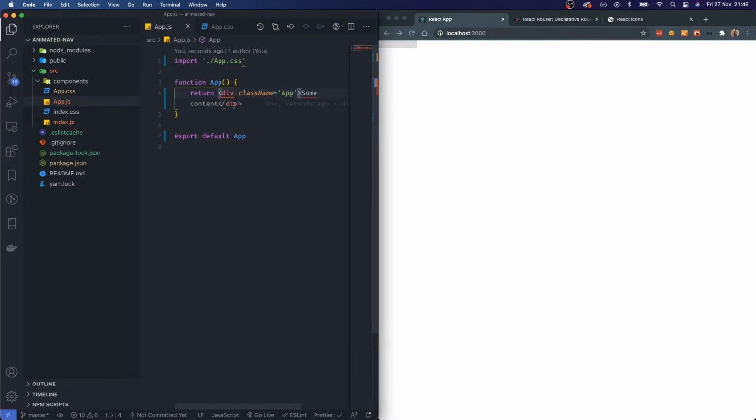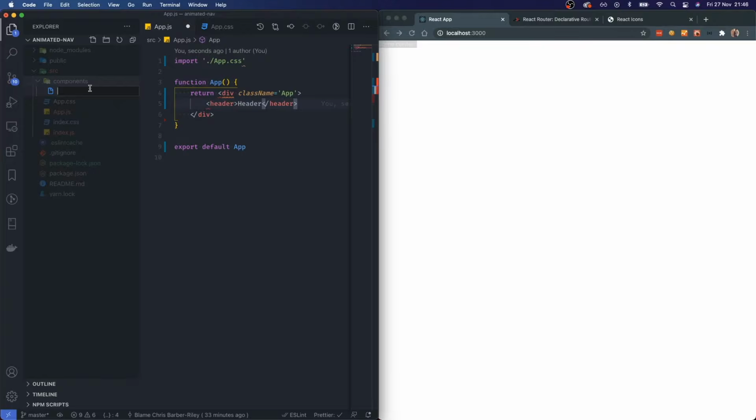Now I'm going to go ahead and create a header, and I think it makes sense that we just get started by creating the blueprint for the actual application. Let's get it working. So I'm going to say header up here in a header, and then I'm also going to create an actual component. And I've already got the components folder. I'm going to say Navbar.js,